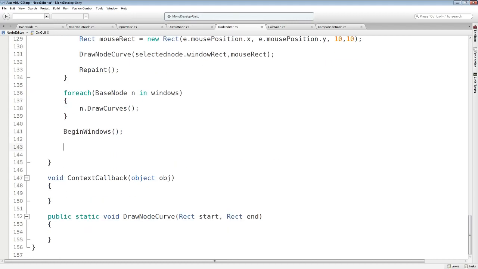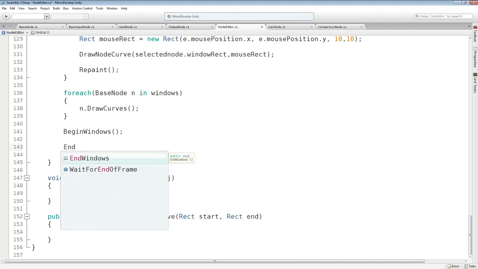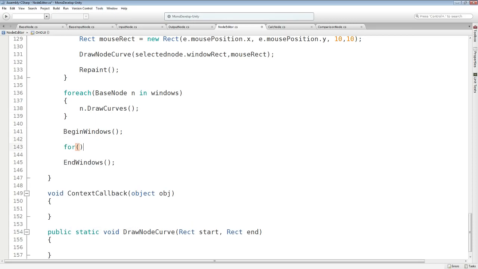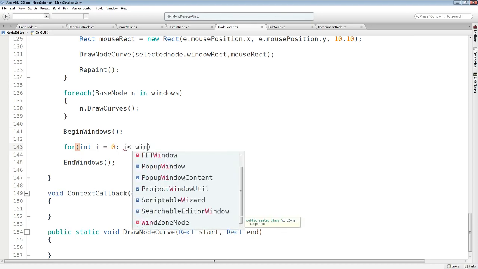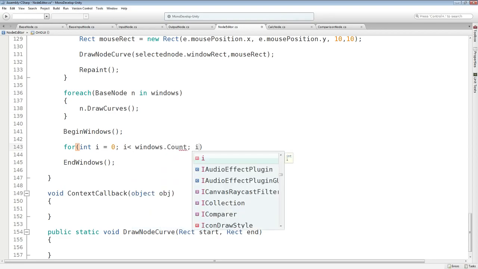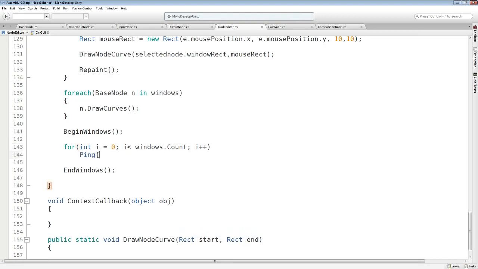So we call the begin windows and we close it by end windows, and inside here we will just use a for loop, and we'll say for i equals 0, i less than windows.Count, i plus plus,